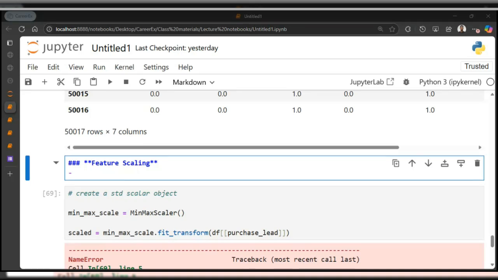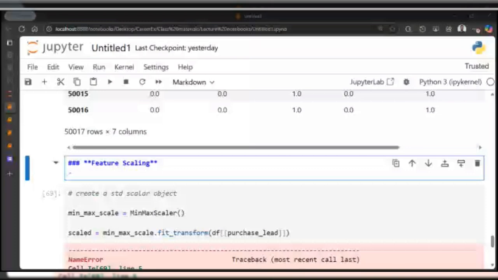So we have normalization and standardization. These are the two basic feature scaling techniques we have.